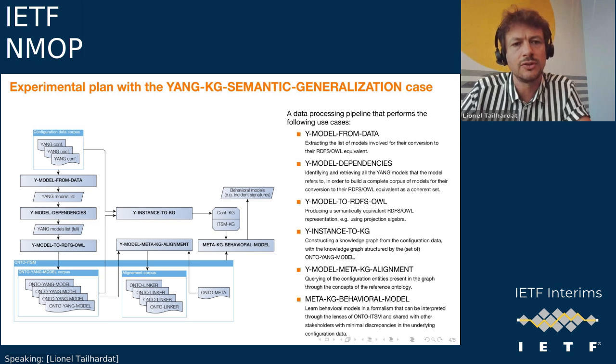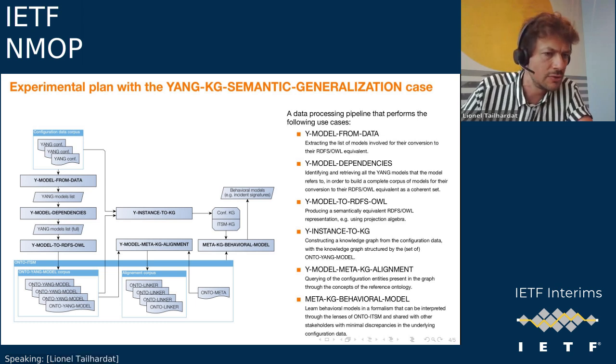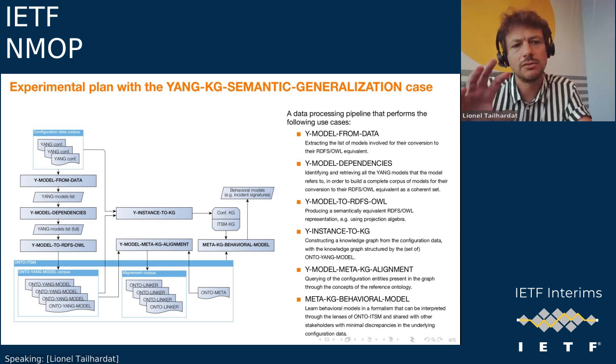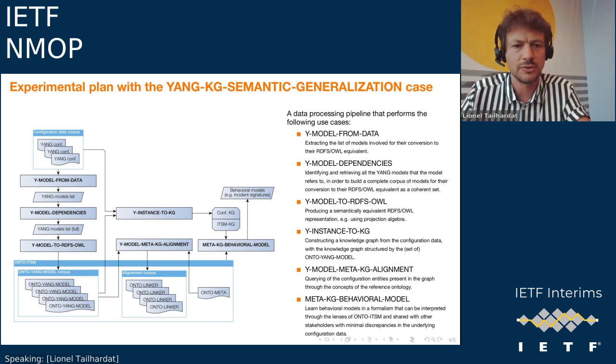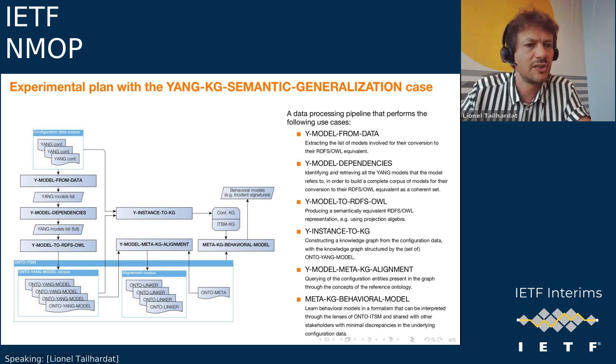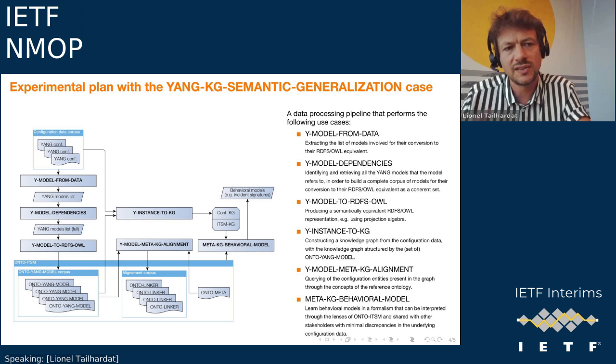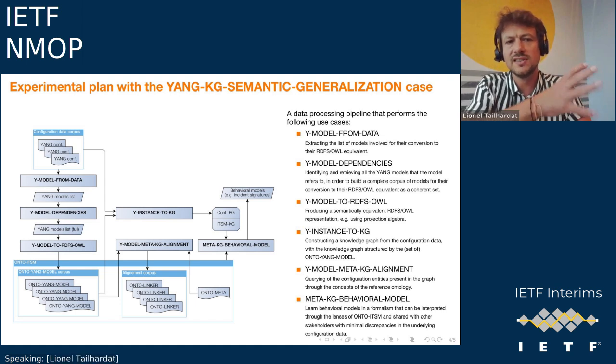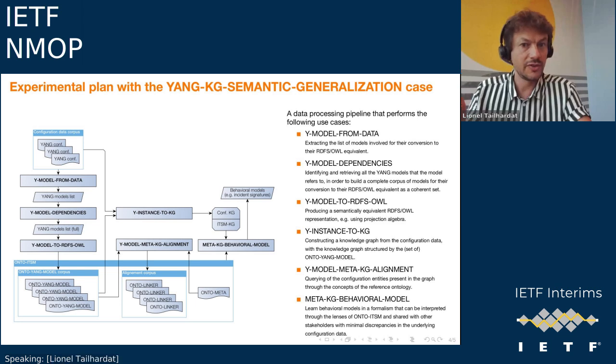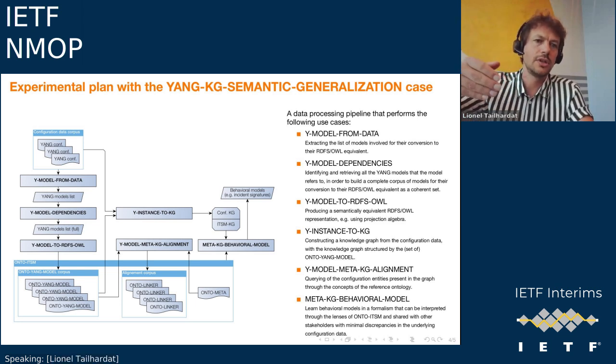And to materialize the configuration knowledge graph means to be able to have a YANG related ontology, which will be the set of YANG models transformed into RDFS ontologies. And this means to be able, which is trivial, to have access to the YANG configuration, but at the same time to have all these YANG data models translated into some set of ontologies. So this means running all these sub-use cases to be able to instantiate some YANG configuration into a configuration knowledge graph that we can query through the set of ontologies